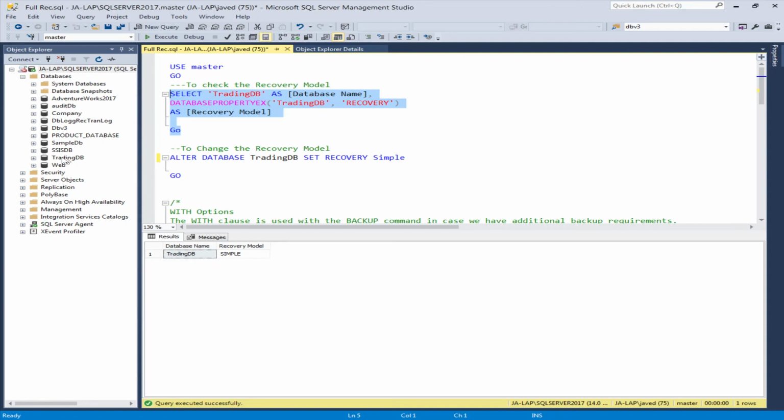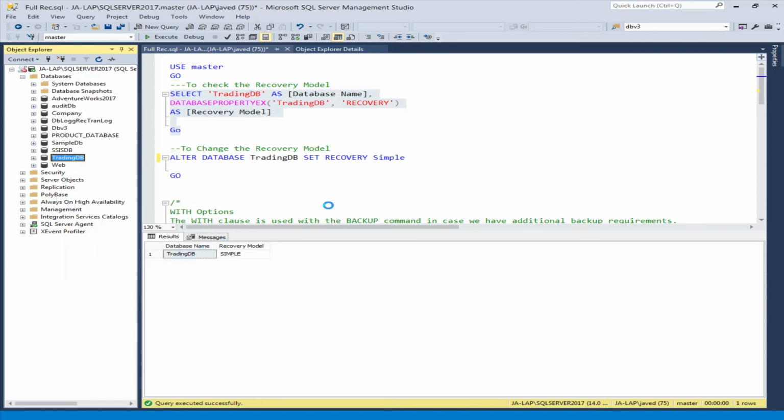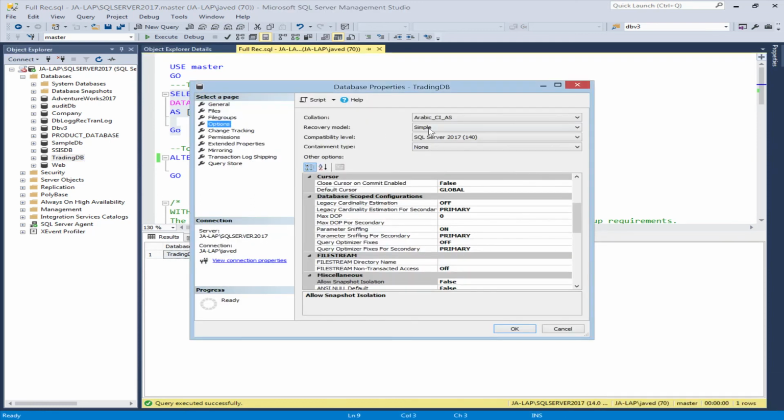There is another way to change the recovery model. We can go to our database, right click, and go into the properties. In the properties I clicked on the options, and this is the recovery model we can change. See here, three recovery models are available: full, bulk logged, or simple, and we can select any of these recovery models.